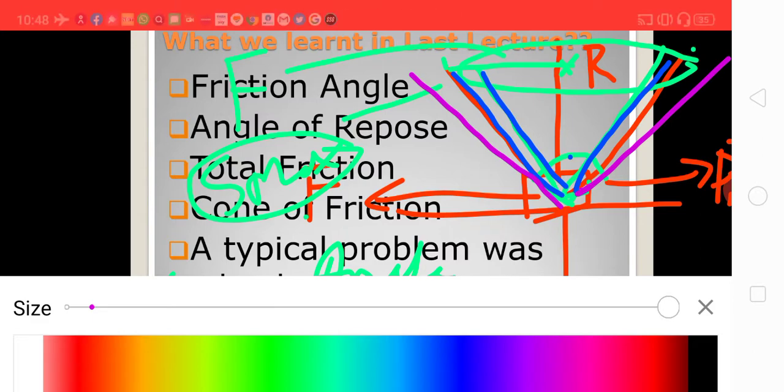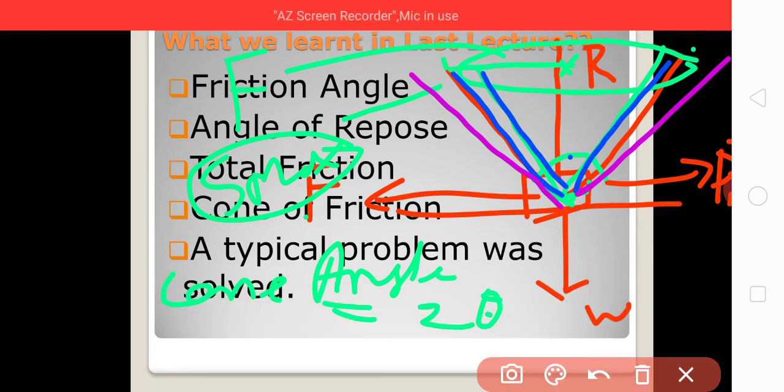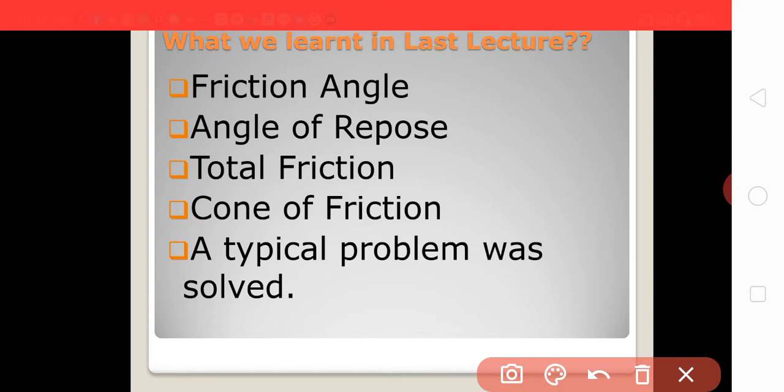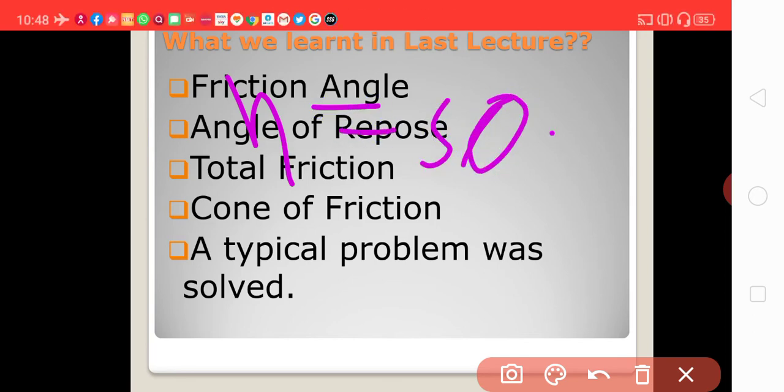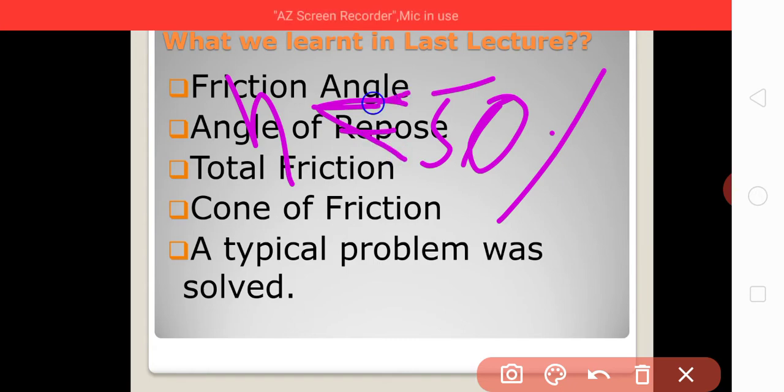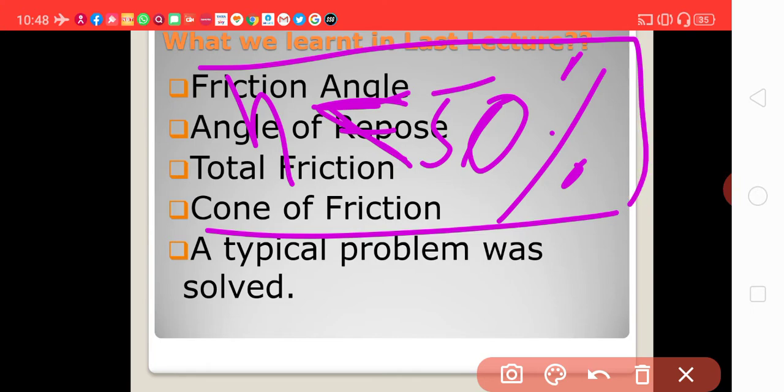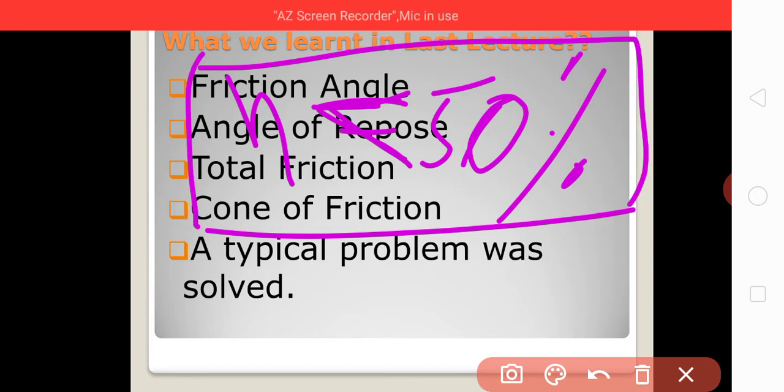So your screw jack has to be self-locking in nature, and for the self-locking condition, the efficiency of the screw jack should be less than 50%. You will be reading and studying it when we are dealing with screw jacks in this chapter only.